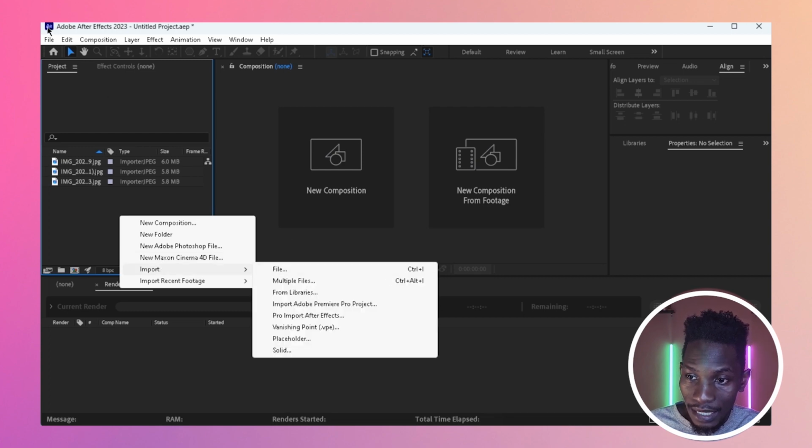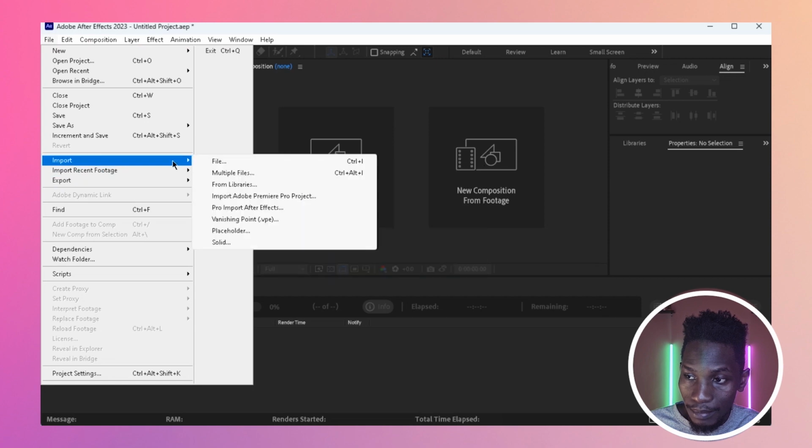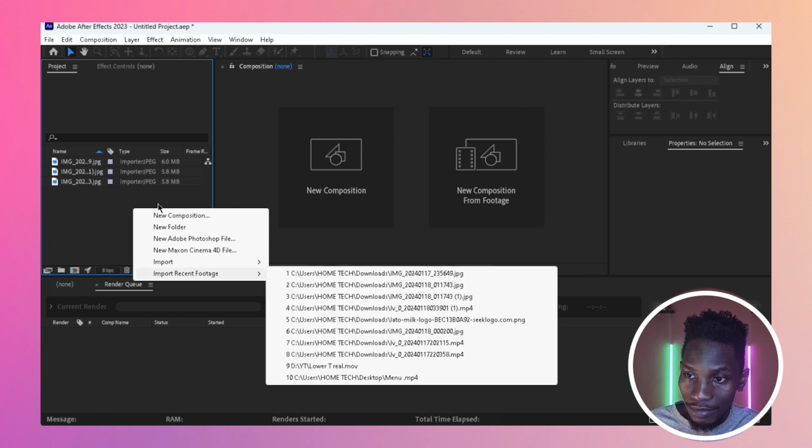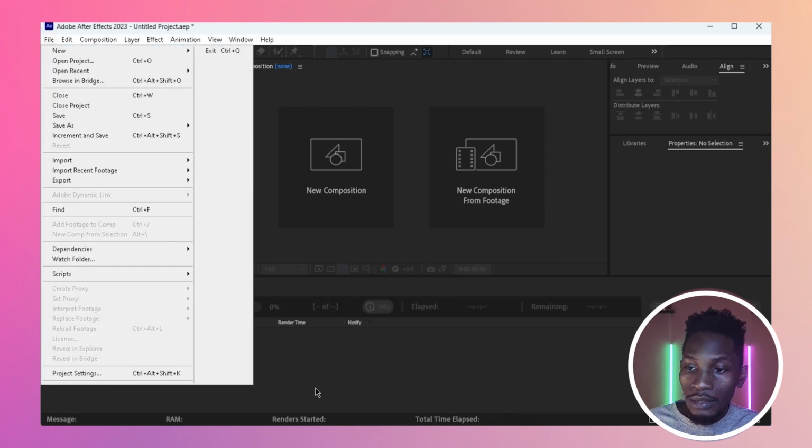But we explore that actually in here. It still has the import and all kinds of stuff. So most of the stuff we're talking about in here also existed in the file menu. Import recent stuff. Still we have the import and everything. So anyway,